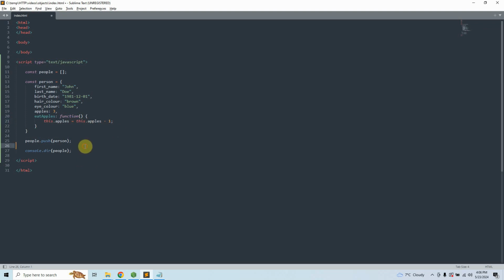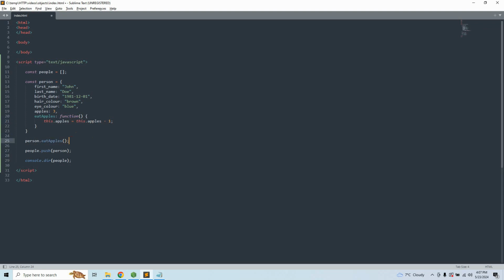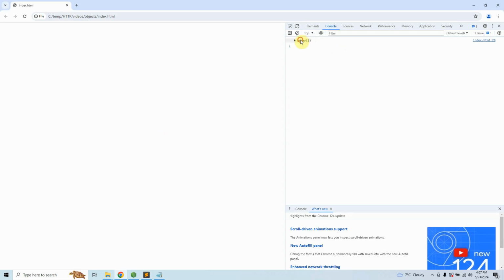So actually, we'll just go here and we'll say person.eatApples. If you do that, we should now see that the person has 2 apples. So you can actually change, you can get it to change itself. So that's really handy for things like game